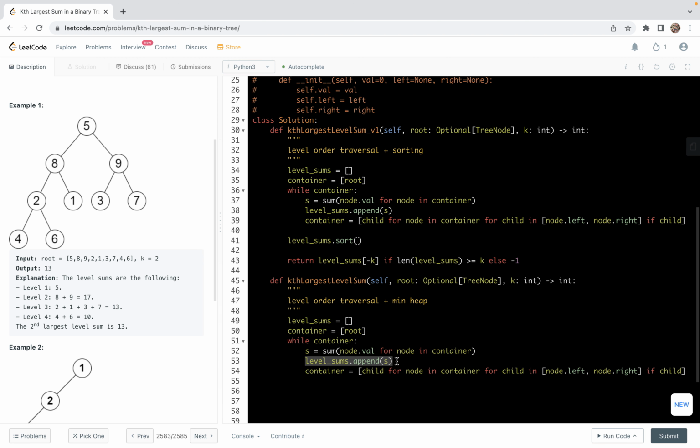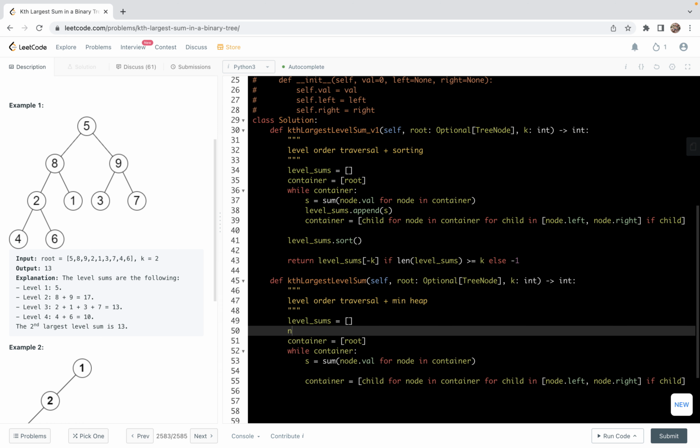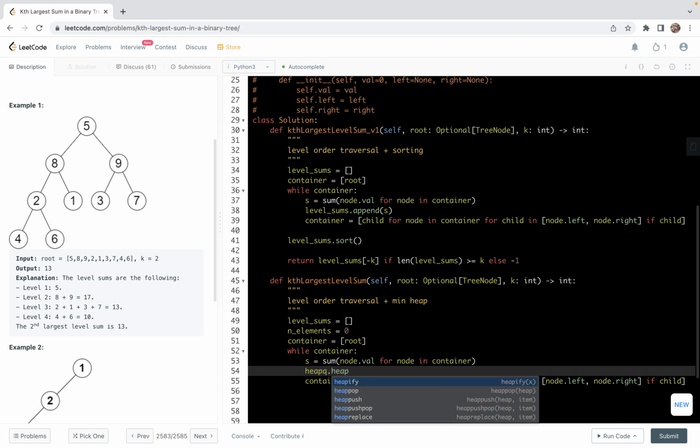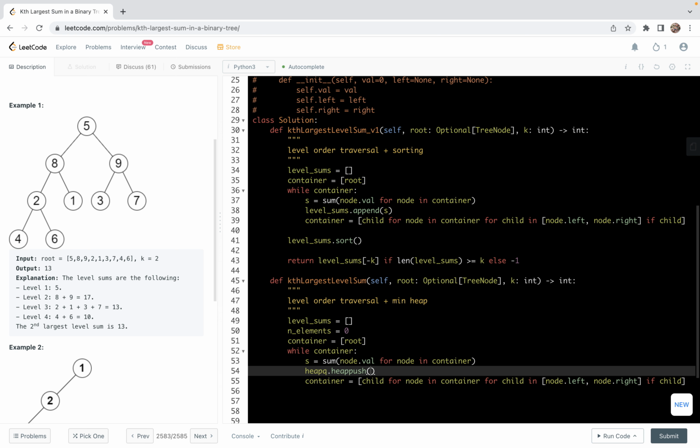So basically, we want to keep these level sums. This is a list. Let me also copy this part. So let's make some modifications. Here we get s. After we get s, what we are going to do is like this. Let me also introduce a number of elements in